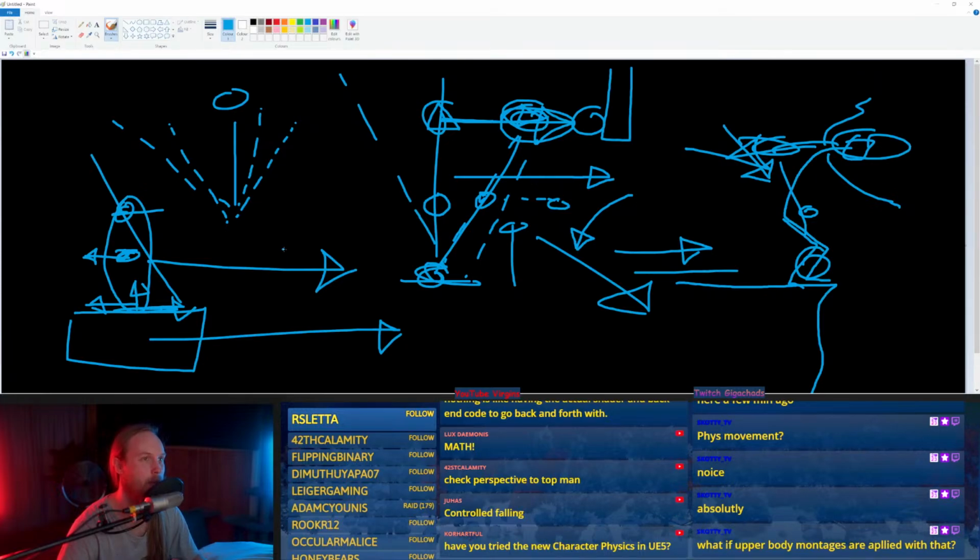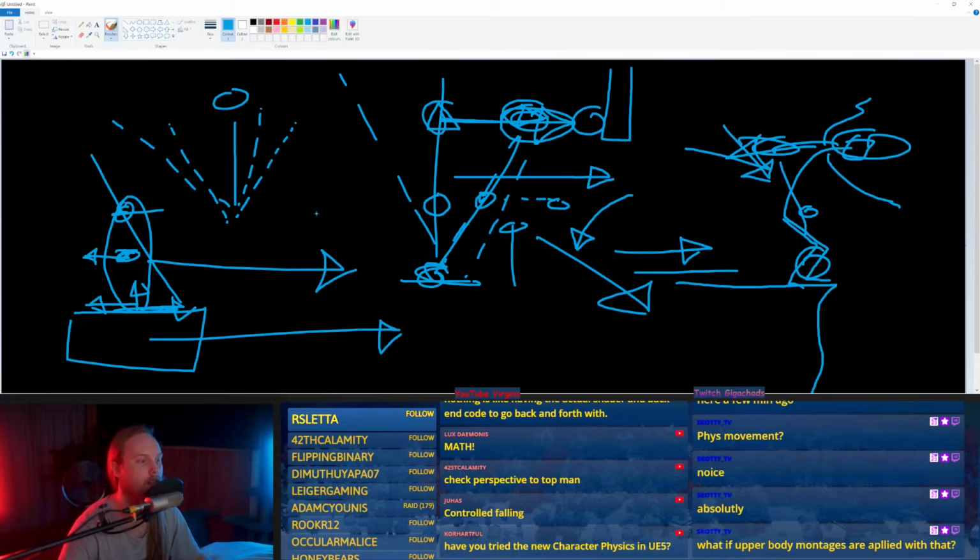Yeah. What if body montages applied with that? Well, the animation isn't relevant to the system. So yeah, you can do anything you want with the animation. The leaning animations will be full body, but you could just do it with the upper body if you wanted.